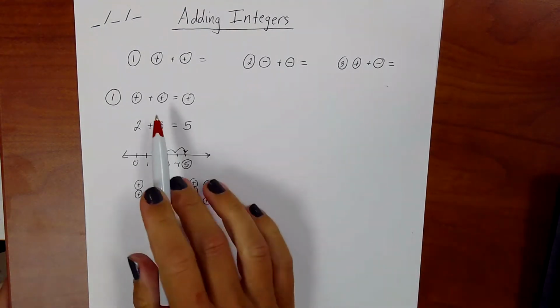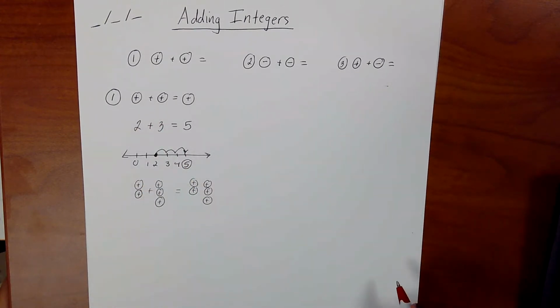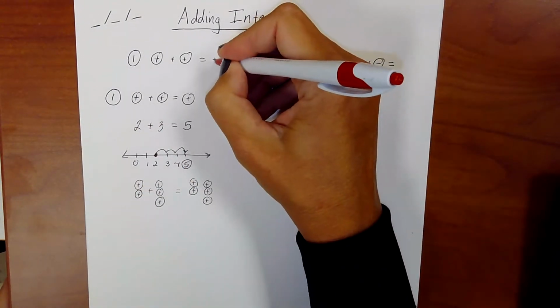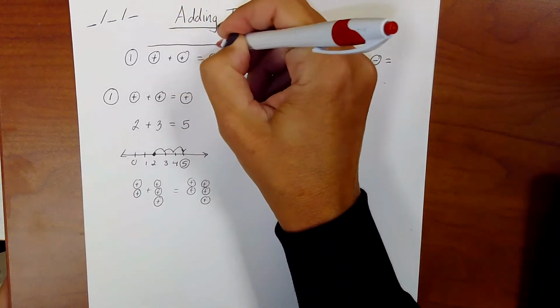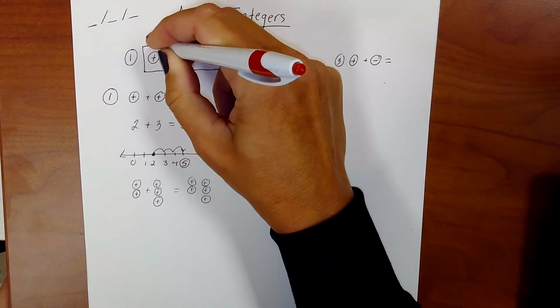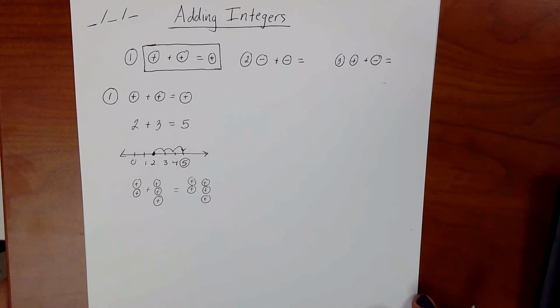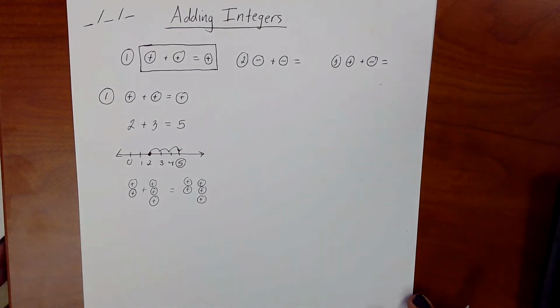So no matter what though, we know a positive plus a positive is a positive. Let's fill that in up top. So that's our first rule. You already knew it. Pretty easy. Okay. All right, let's see if we can figure out